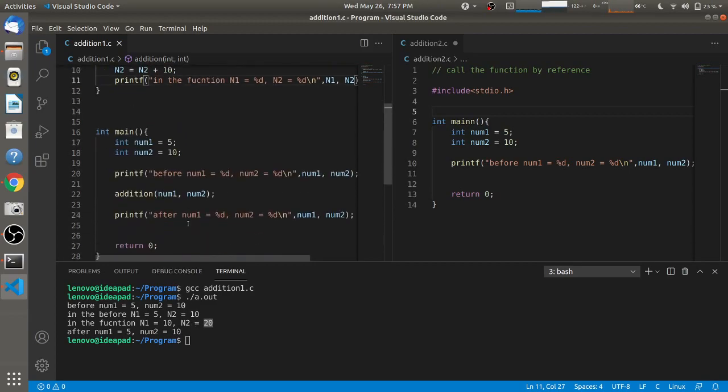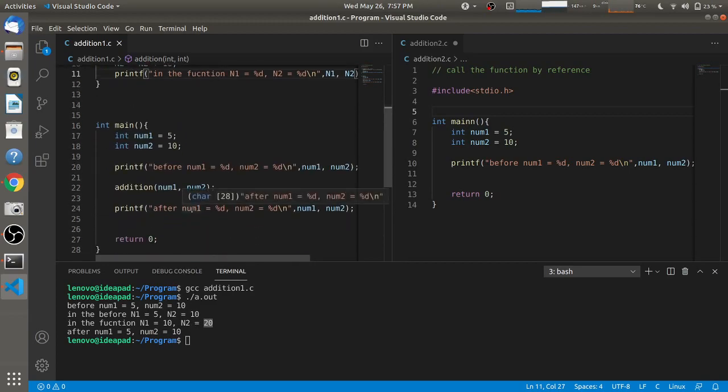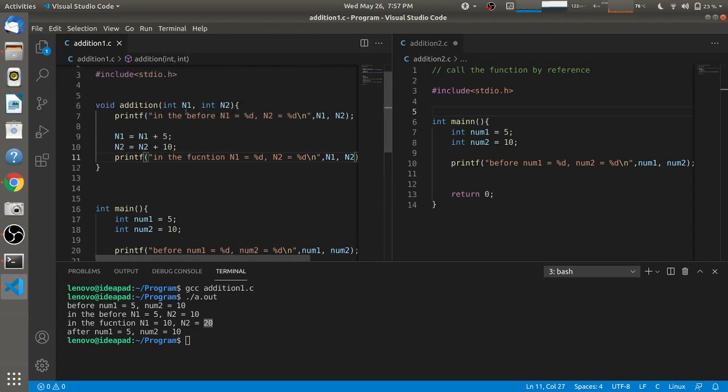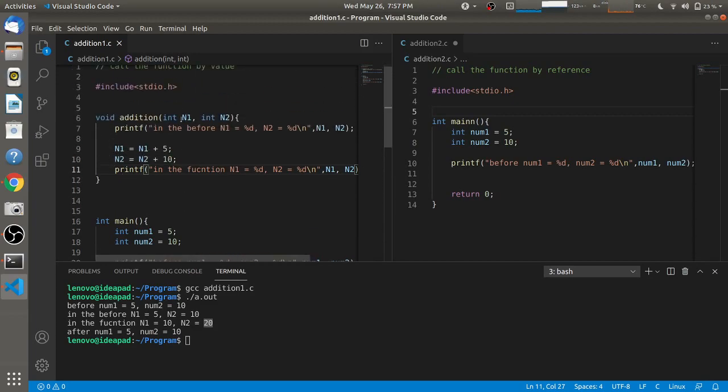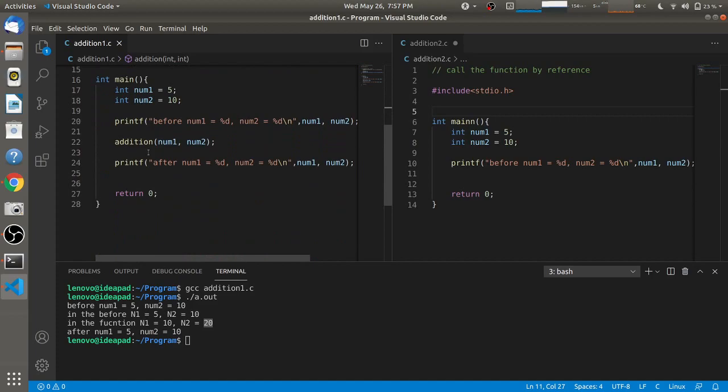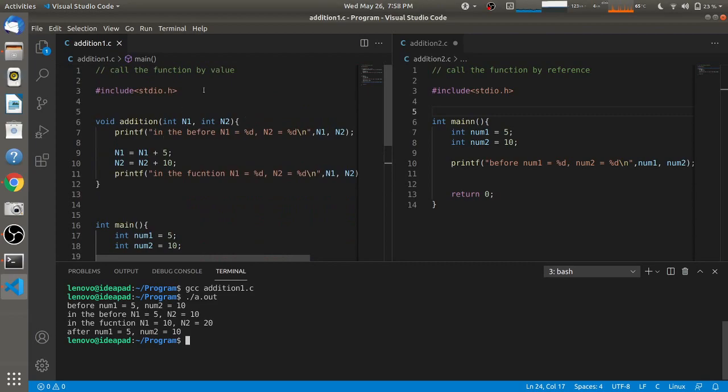But even after calling the function, that function activation record is deleted as the function completes. And the fourth printf statement is printing the same values of num1 and num2, because we are passing the arguments to the function by value.